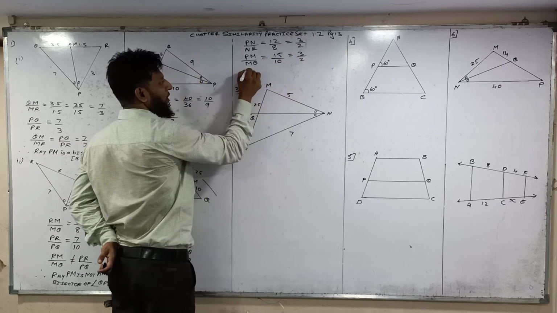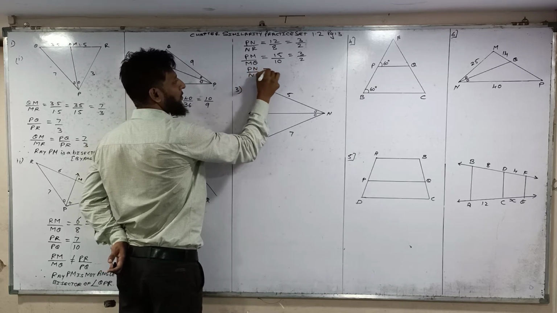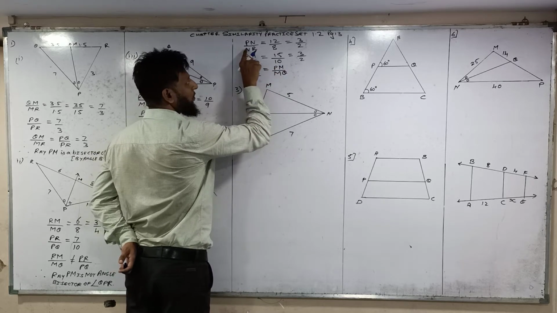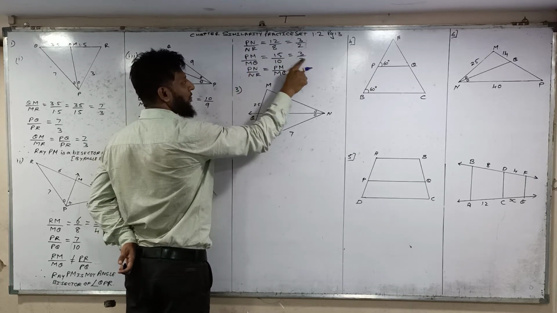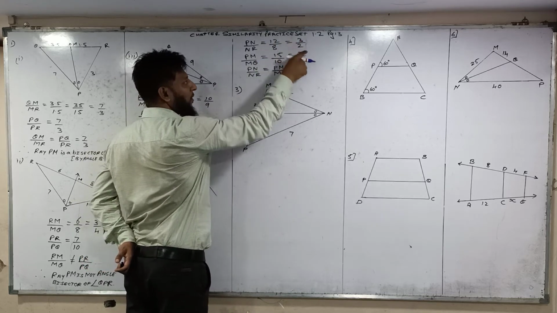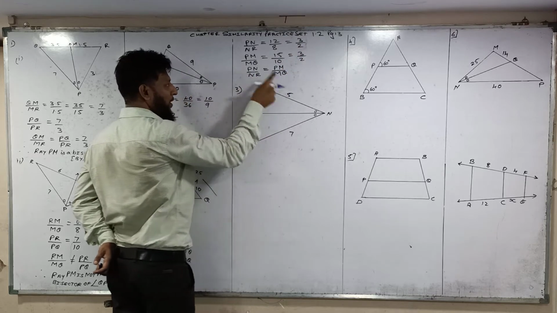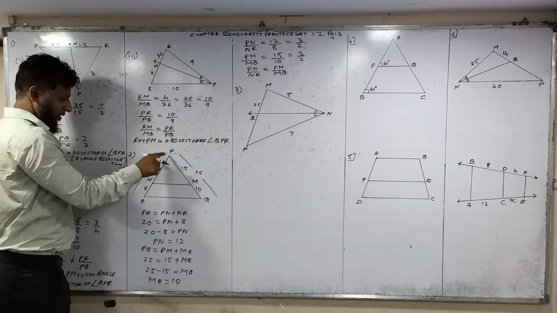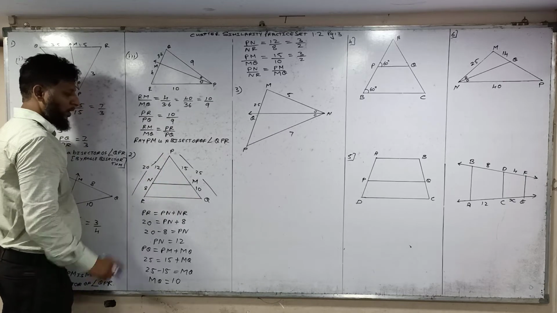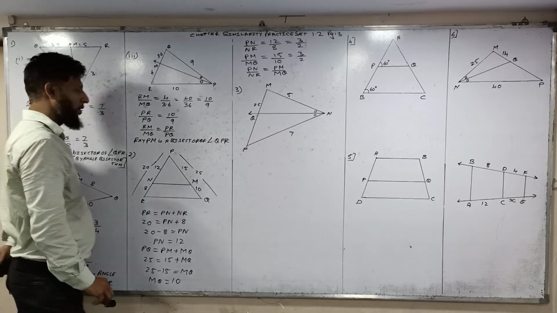Now the proportion PN upon NR is equal to PM upon MQ, because this proportion is also 3 upon 2, and this proportion is also 3 upon 2 after cancellation. So the proportions are equal. If in this triangle PN upon NR is equal to PM upon MQ, then this line will be parallel to this line. Therefore